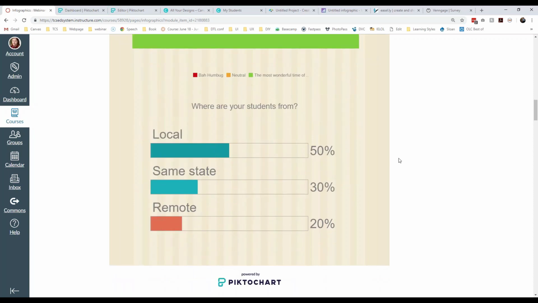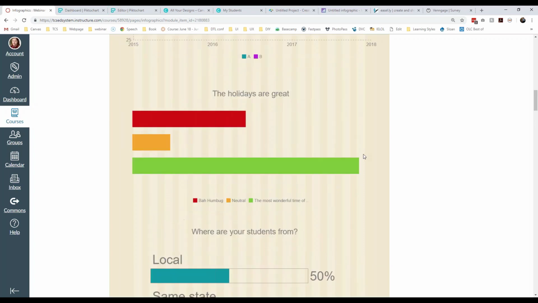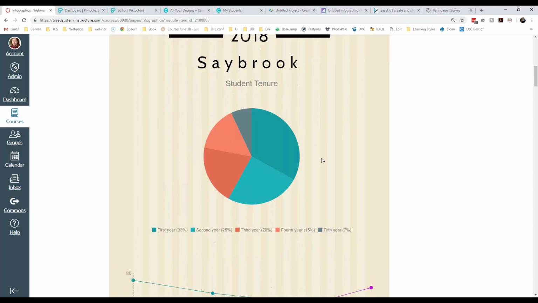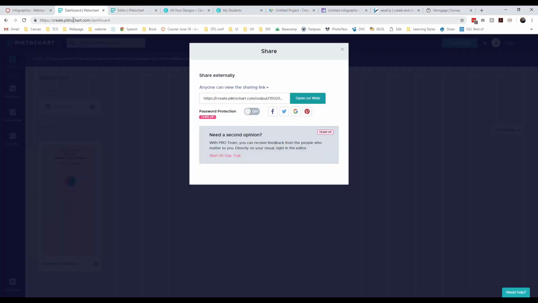So lastly, I was asking, where are your students from? In this case, I decided to put it as a progress bar, which I don't know that this was really the wisest choice, but it kind of looks like a progress bar from 50 to 100. But in reality, in order for one progress bar to go up, other progress bars would have to go down. And so instead of a progress bar, you can think of this as percentage of a whole, I guess. But there are a few different ways. So this was done in PictoChart. I put a background image, which I had as just lines. And you can determine the font colors, the sizes. So PictoChart is